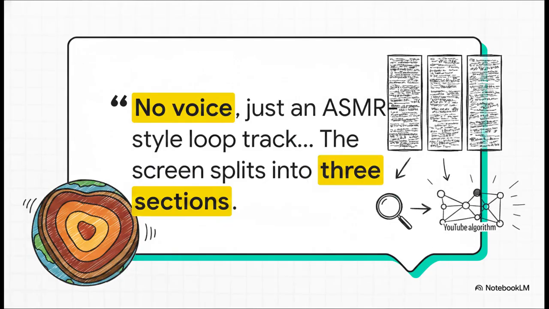Okay, so the actual format of this thing sounds entirely ridiculous on paper. No voiceover, just an ambient loop track, a split screen, and a massive wall of text. But let's apply this to a real-world scenario. Imagine we're making a short about the Earth's core. Instead of a fast-paced talking head, which is what everyone else is doing, you use this dense layout. We're going to explore exactly why filling the screen with deep, complex text about inner core temperatures basically forces the algorithm to push your content to millions of people.